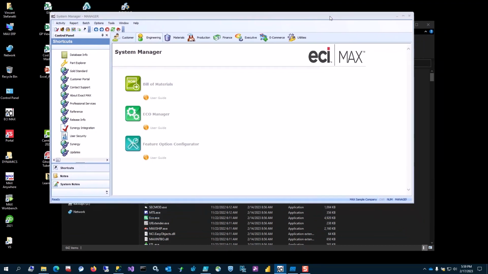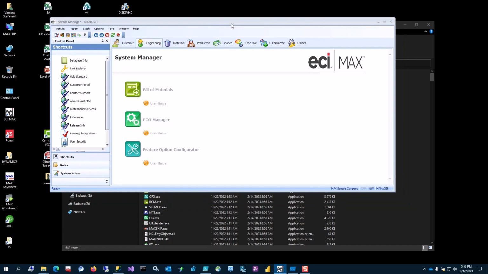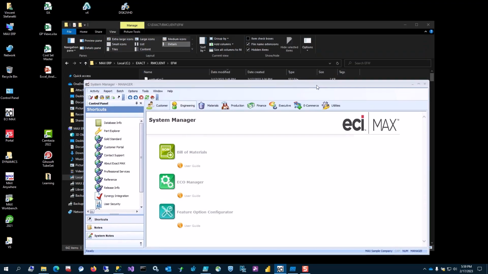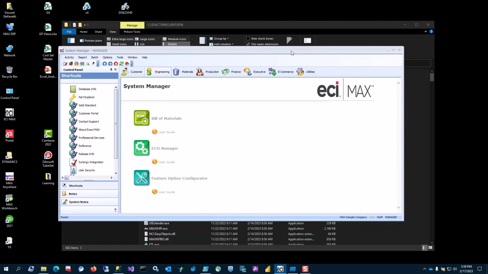There are a lot of other custom reports that you can build outside of Max, with things like SQL Reporting Services or Crystal itself, Crystal Developer, and run them independently using the report viewer. However, what we're going to discuss today is a common question that lots of users have: how do I get my custom crystal reports to copy down to my clients so everybody can use them and they show up in Max